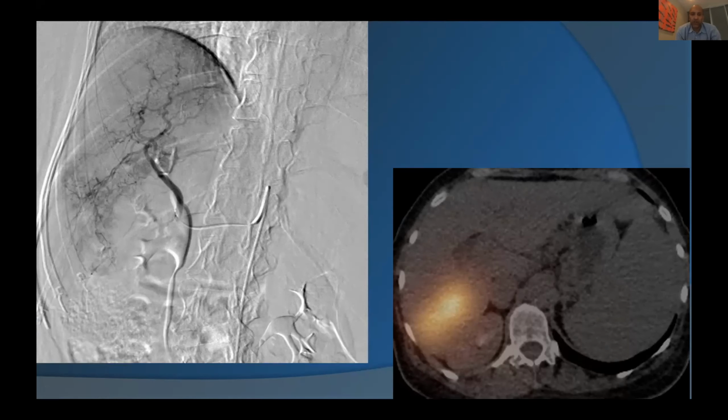And we were doing lobar infusions at the time. And while we were doing lobar infusions, the patient snored or kind of coughed. And what happened was the catheter had bucked into that segment 6 branch inadvertently. And so we accidentally dumped all the microspheres in the segment 6 branch instead of the right hepatic artery, which was our initial intent. And so we had taken this right lobar dose and concentrated it into the segment 6 branch because, frankly, we messed up. The post Y90 Bremsstrahlung basically shows this hot ball of radiation in segment 6, but more importantly, there's no radiation in the other segments in the right hepatic lobe.